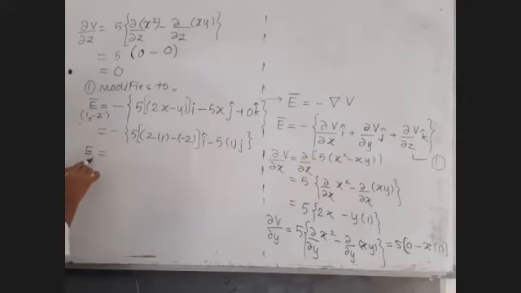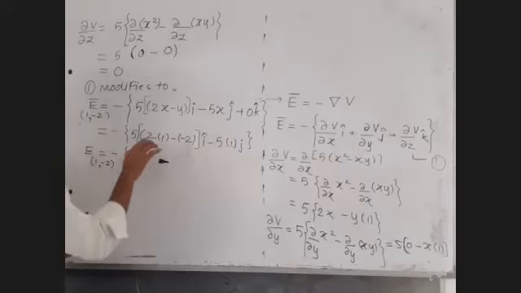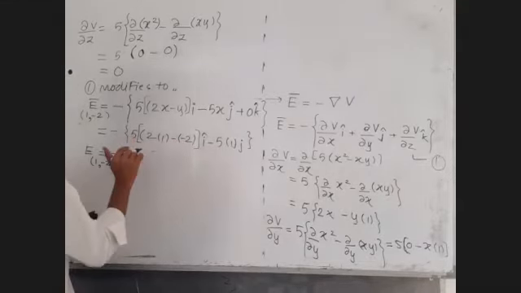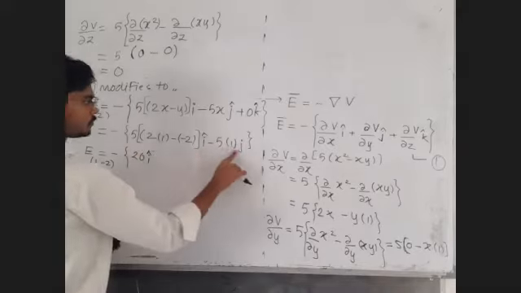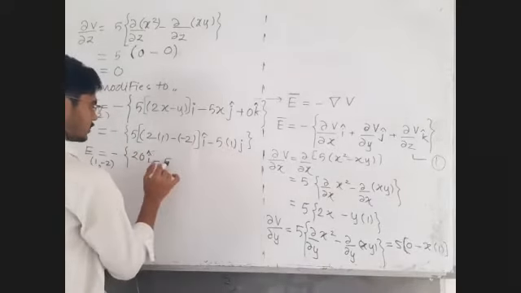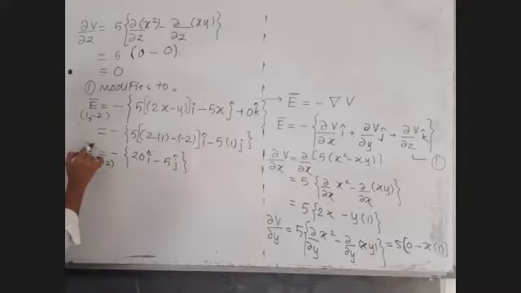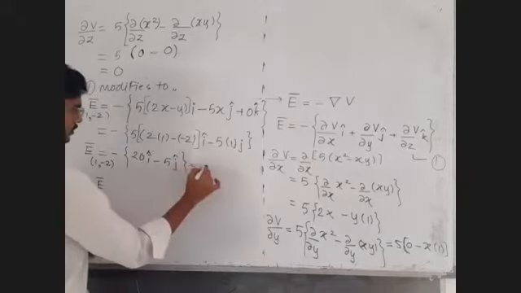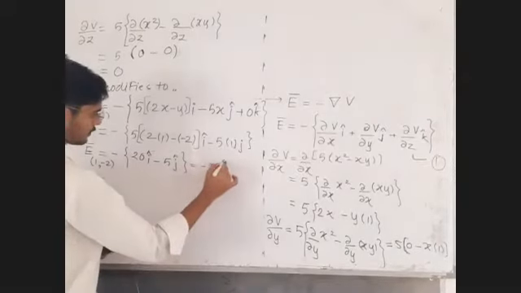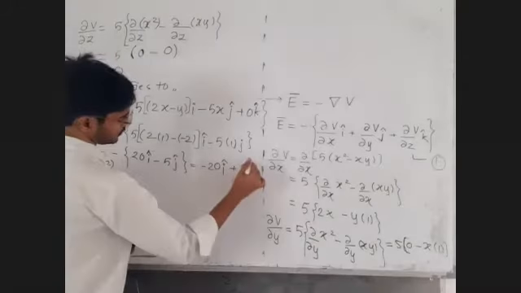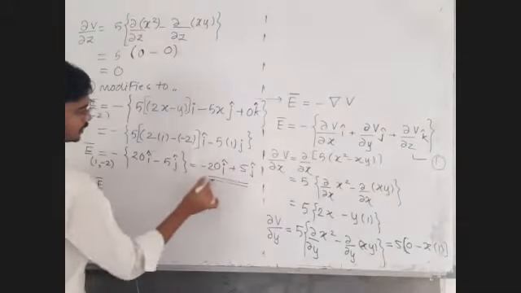So electric field at point 1 comma minus 2 will be what? This minus sign as it is. This is 2 minus minus plus, so plus 2, 2 plus 2 is 4, 4 into 5 is 20 I cap. What is the value here? Minus 5 into j cap. This is the value of electric field, okay, as a vector. Multiply this minus sign inside, so that will become minus 20 I cap. This minus will become plus 5 j cap. Okay, this is the vector electric field.